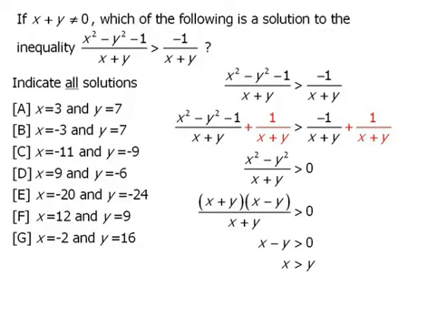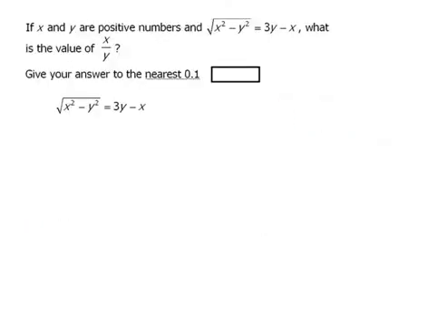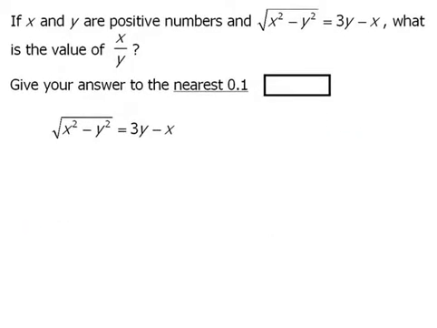So we'll now look for answer choices such that x is greater than y. When we do this, we get the following results. Okay, let's just move our equation down here. Now for our first step, let's eliminate the square root on the left-hand side by squaring both sides of this